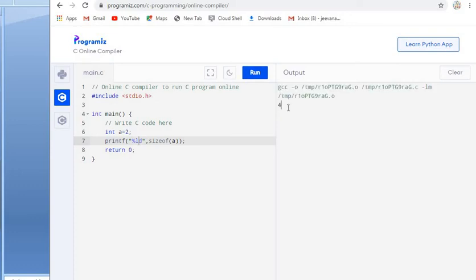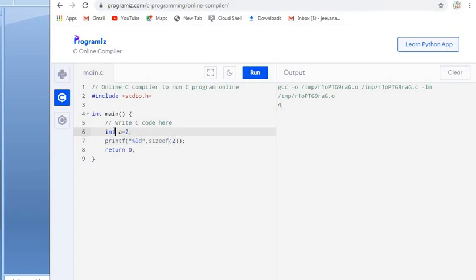Let's say the long integer size is 4, so it returns 4. We'll also take integer, and it returns the same value, that is 4. If I take 2, it returns 4. You may think it should return 2, but it returns 4 because 2 is of integer type, and the integer type size is 4, so it returns 4.